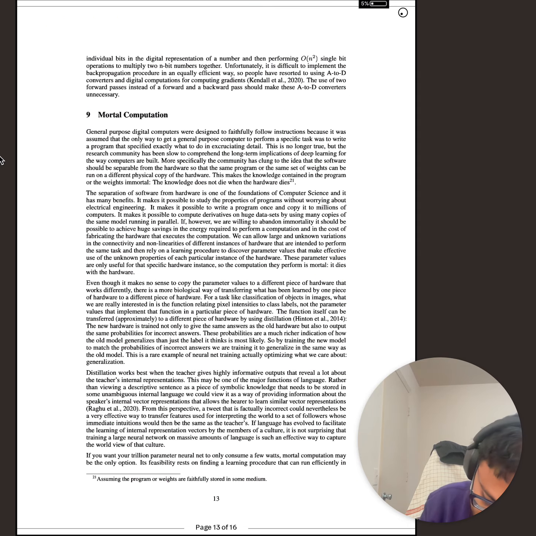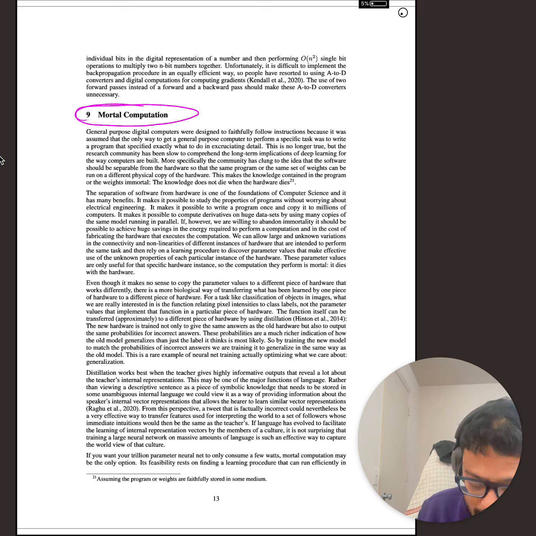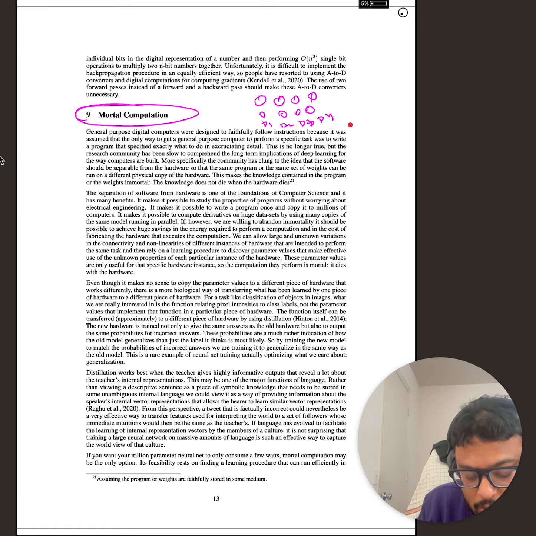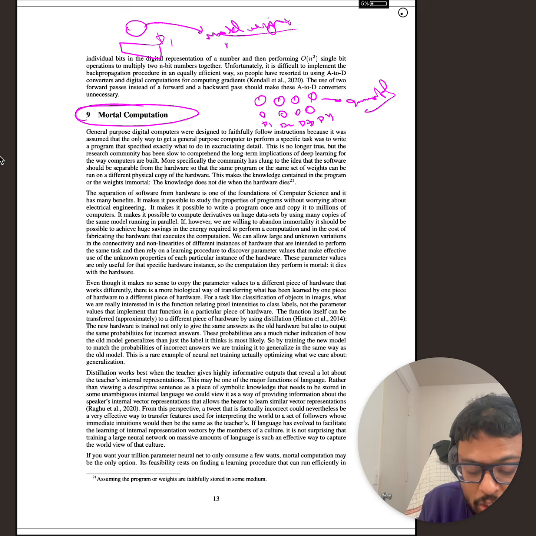Okay, now before this, let me wrap up with a new concept which he titles model computation. What he's saying is that there are two types of networks. Let's say you have devices D1, D2, D3, D4, and you have a copy of the same model on each, right? These models are immortal. Why? Because let's say you have a model running on device D1, and the power of D1 goes away. You can essentially dump the model's weights, and its structure,